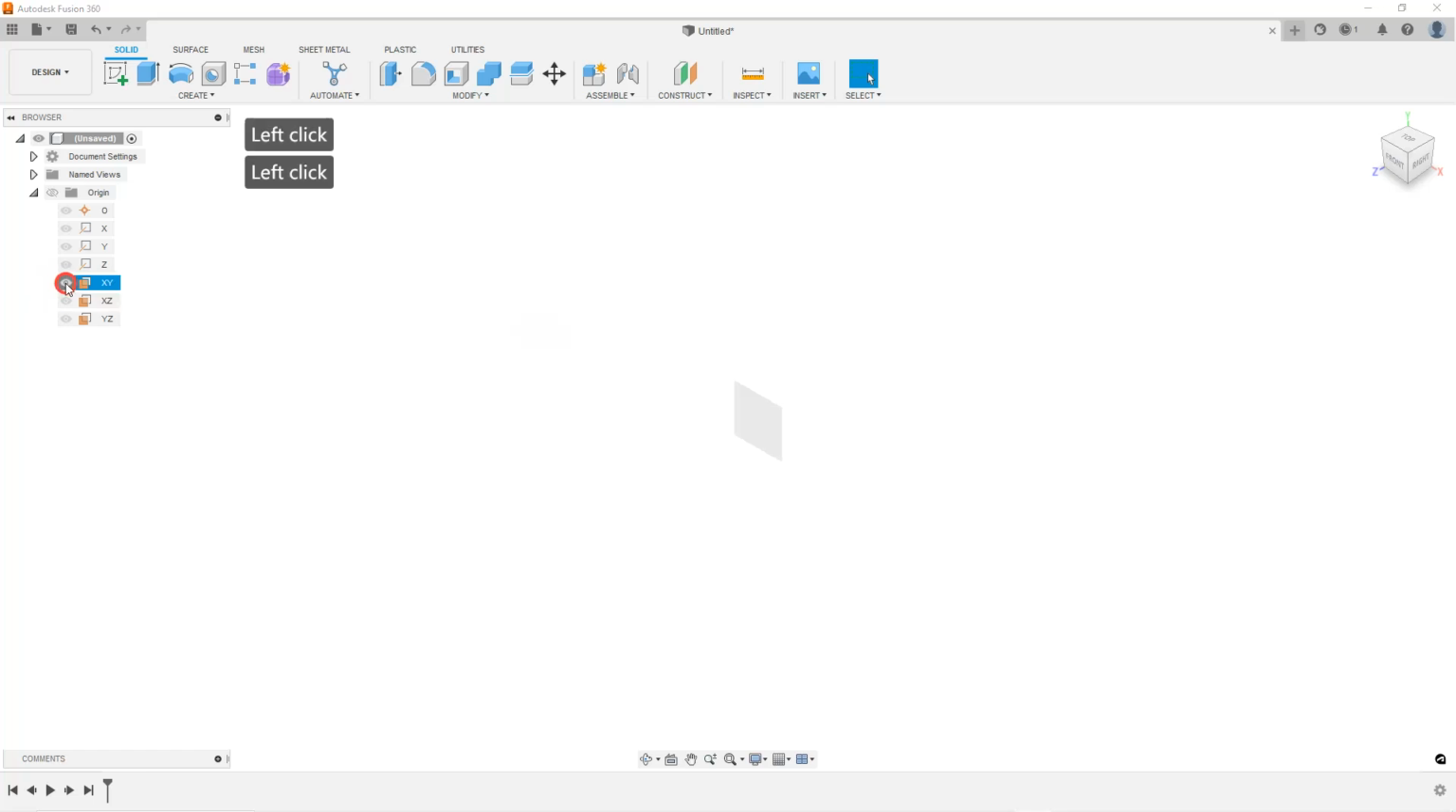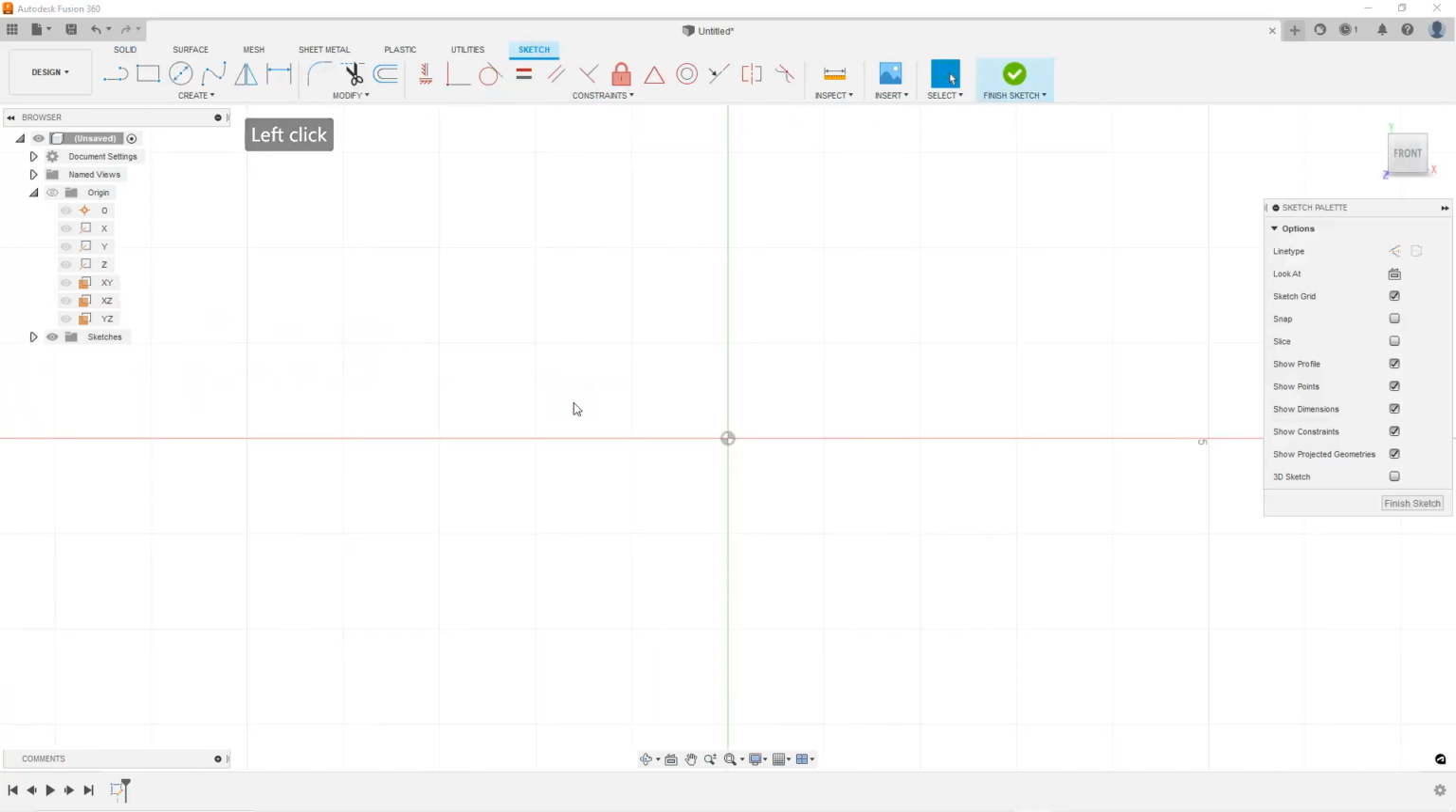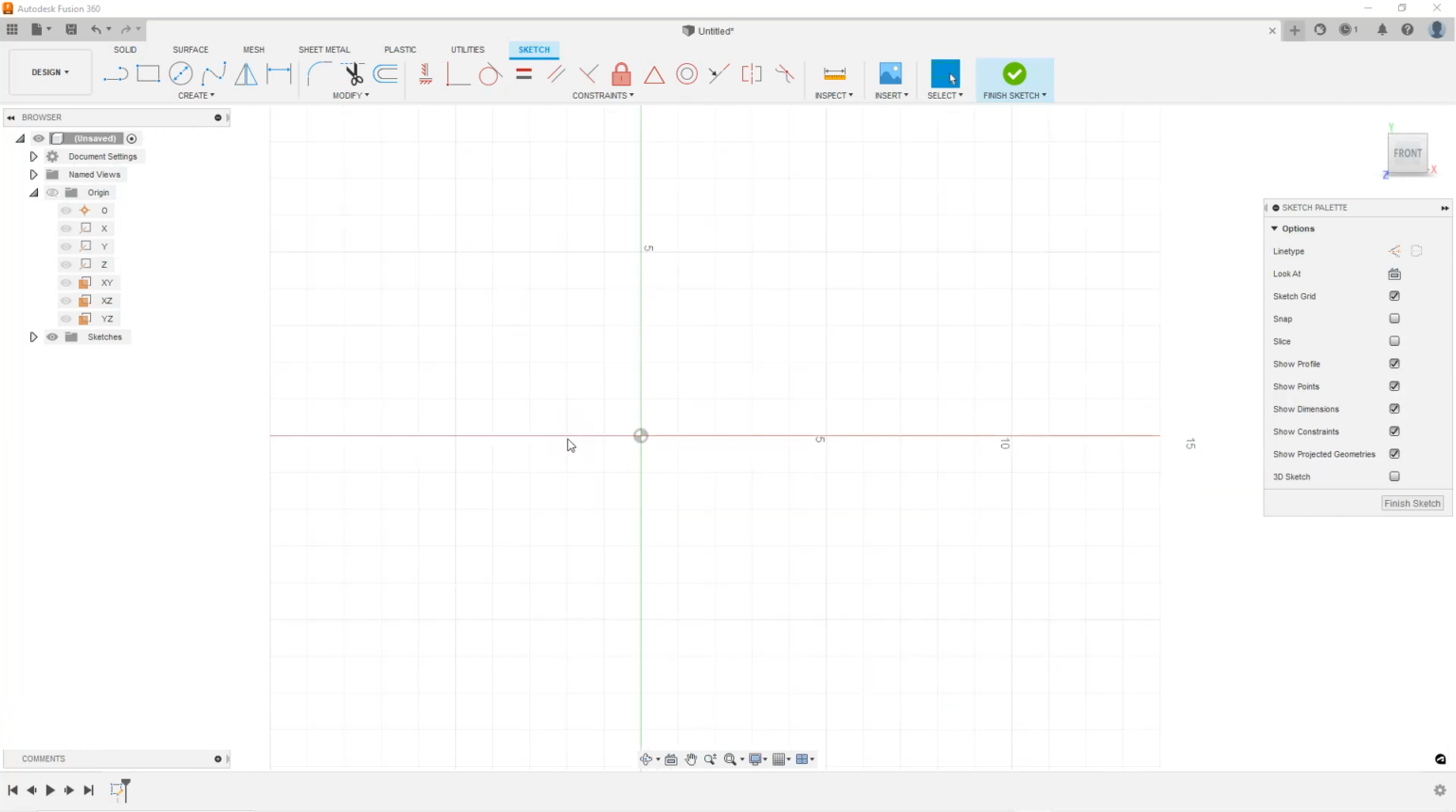Anyway, I'm going to right click and create a sketch on that plane. I'm going to zoom out,